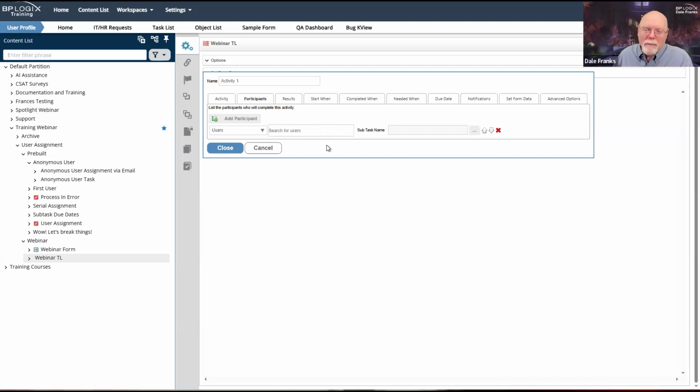If you only have one process running, I guess it's not a big deal. You can do what you want because there's only one place where you're going to go to make any changes. If you have 50 processes running, then it becomes a pain when somebody leaves to have to go through 50 different processes and figure out whether that person is a participant in any of the activities in those processes.